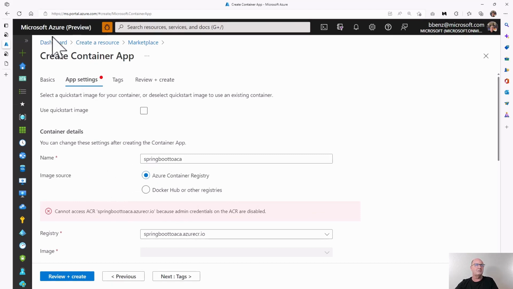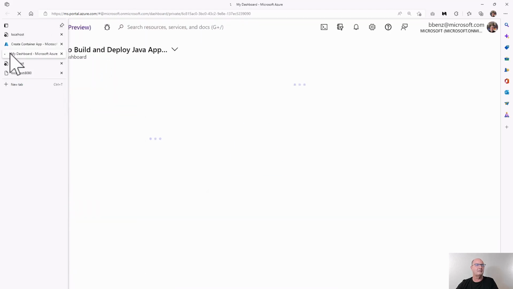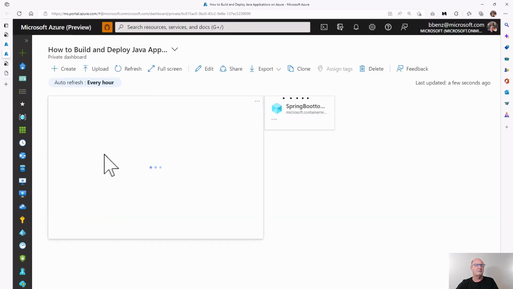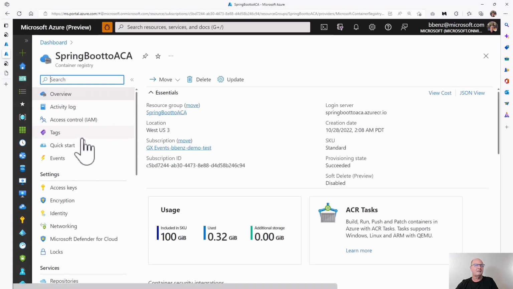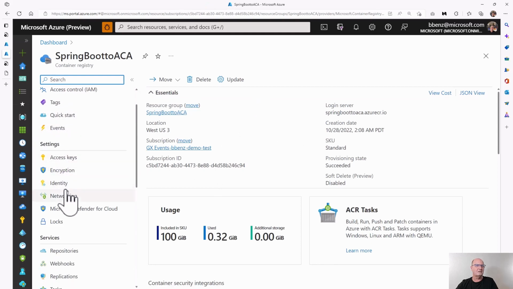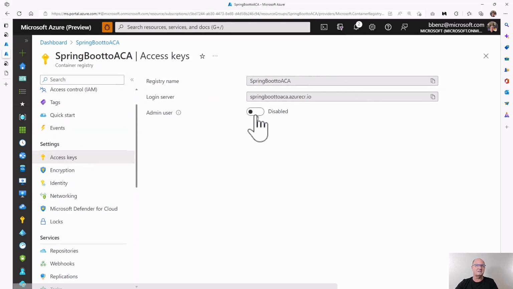So to do that, we can actually go back to the dashboard here so we don't lose what we've done so far. We go into our ACR. There we go. What we have to do here is we actually have to enable in access keys the admin user.